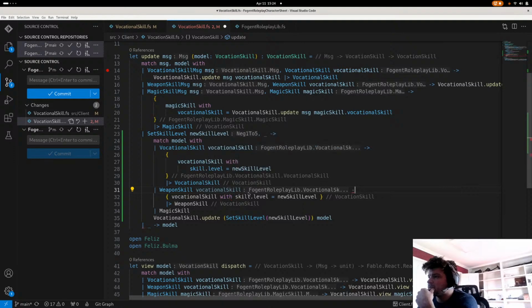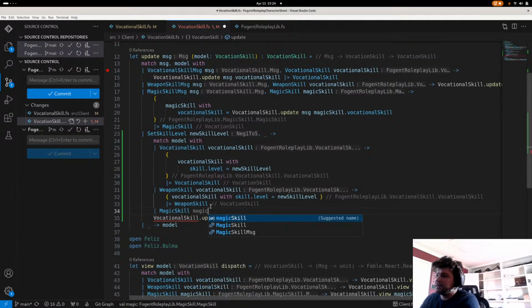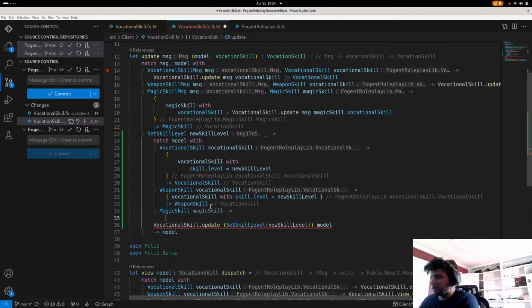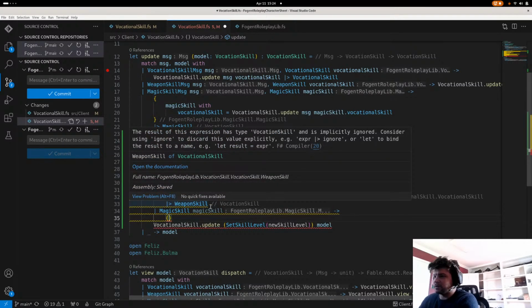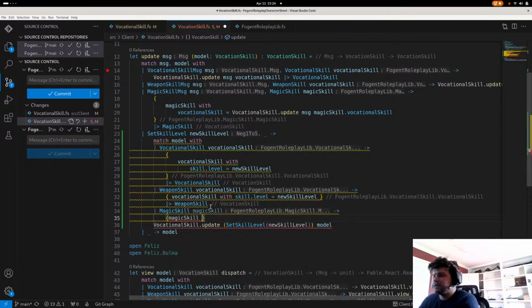Oh, I'm freaking stupid. Okay. And then last but not least, magic skill. We get out a magic skill. And then we're going to do this. We're going to go ahead and magic skill dot with skill, vocational skill, or no. With, no, it is vocational skill dot level